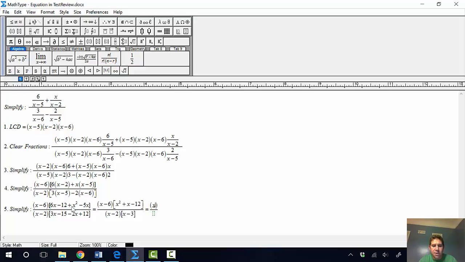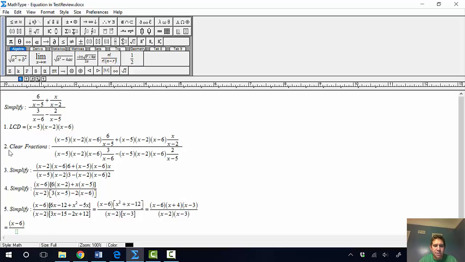And what you'll see is that something miraculous might happen. Since I do have a quadratic expression on top in the brackets, I will factor it as x and x. And 4 and 3 will give me 12. But since I want a positive x in the middle, I'm going to say positive 4 and negative 3. And in the bottom, I have x minus 2 and x minus 3. And hopefully you'll see that the x minus 3 on top and on bottom will cancel each other out, thus leaving us with a final answer of